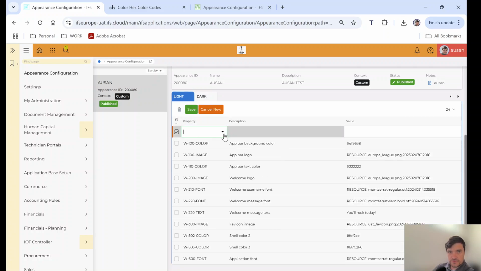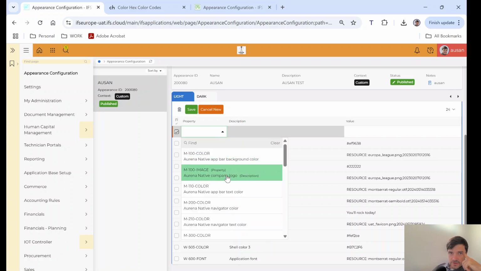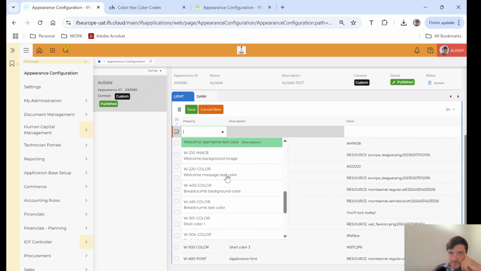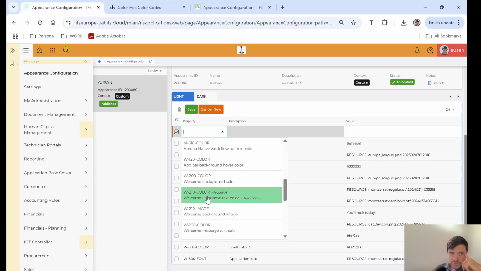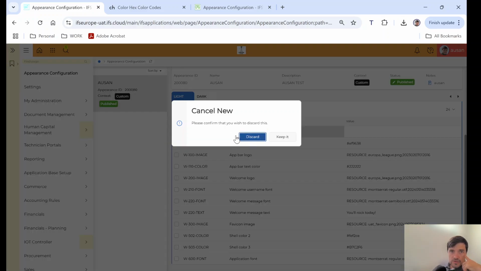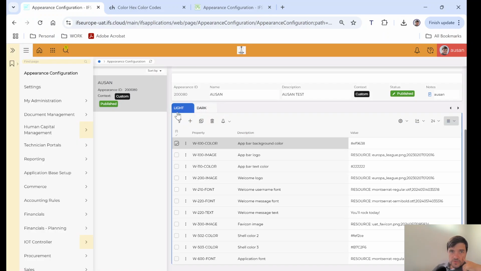You've seen in the previous screenshots that I showed you that there are a lot of different things that we could set up. So you don't need to learn this by heart, because the description of the code is quite self-explanatory, and you could use it like that. What we could do here from Appearance Designer is change how the system behaves in light theme or